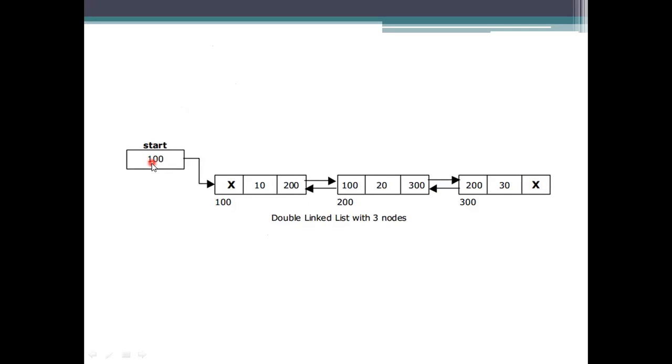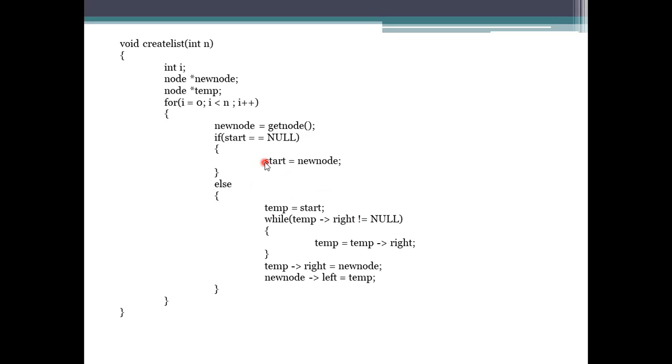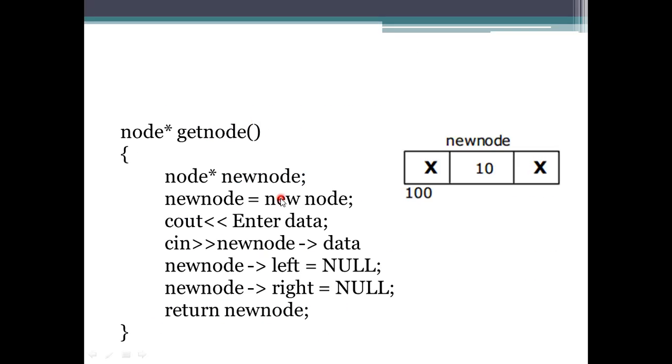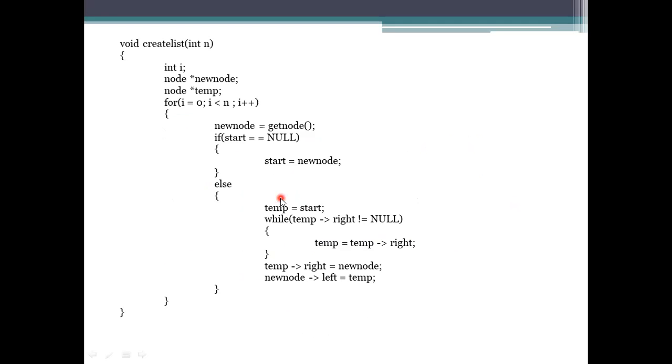So first we will create the start one. Start is null, so it has to create an initial node here, meaning the first node will be created. After creating the first node, we need to mark that left and right should be null here. And coming to the next one, you want to create a node here. I just created a node here, so the new node has been created. That is, we are in the for loop only. Get the node will create a node here. See here, get the node will create a node, and then next to this it will take the data.